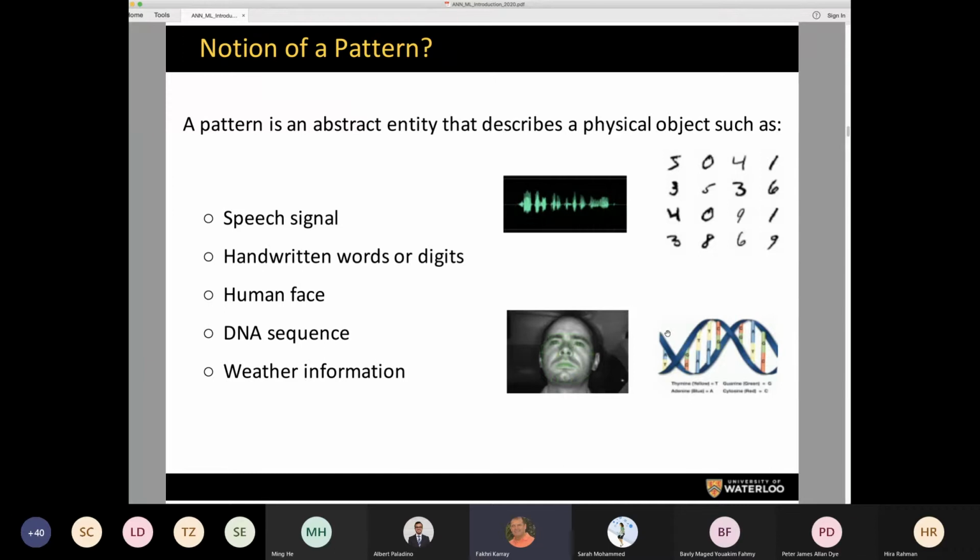It's used for authentication of people, for authentication of users of a particular device. A human face is used for detecting people, for recognizing the emotion of a person. DNA sequences, in the area of biological systems, are used for diagnosing disease, or even pre-diagnosing diseases, whether a person